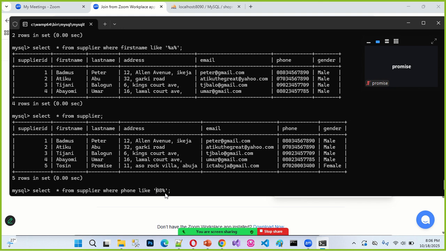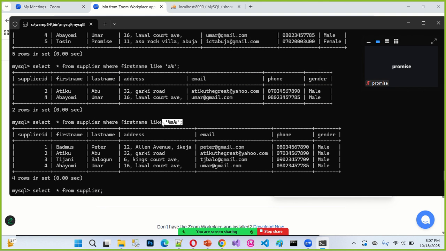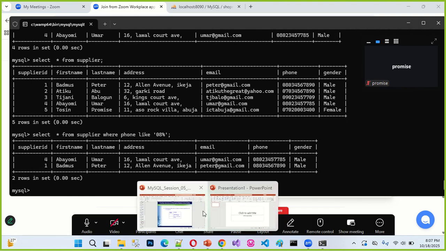As long as the phone starts with 08, any letter that follows it, whether 0802 or 0803, 0804, the system can pick it for us now. So once I press the enter key here, you can see only the two phone numbers that start with 080. Do you get it now? That is it. So this particular line can be used to retrieve some specific record based on the pattern. This is one pattern that defines the record I want to retrieve, and the one we also have here too is still another type of pattern. So you can use any of the patterns to retrieve the selected record from the table.